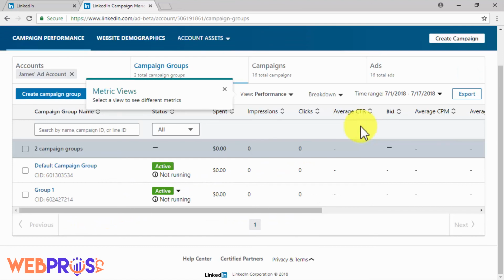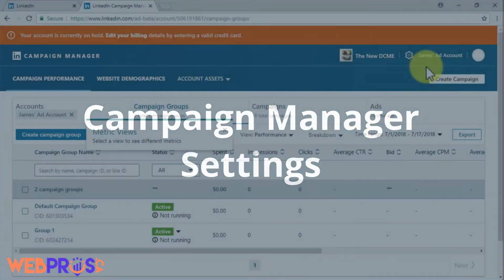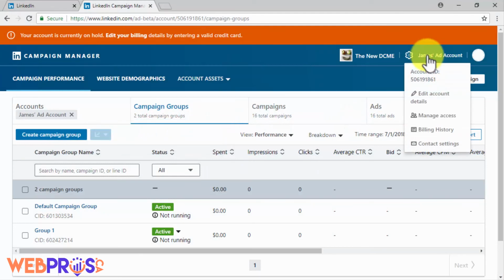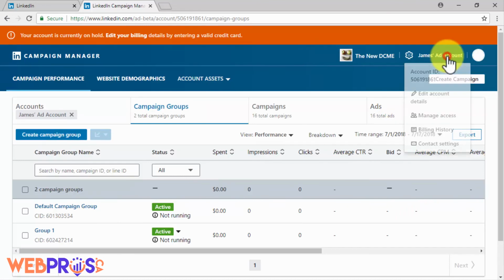So let's take a look at what you'll find there, starting with the menu buttons located on the upper right-hand corner. Campaign Manager Settings. Clicking on the Settings menu button will allow you to check and manage your ad account settings. You can click on the Edit Account Details option to check and manage ad account details such as your ad account's name.